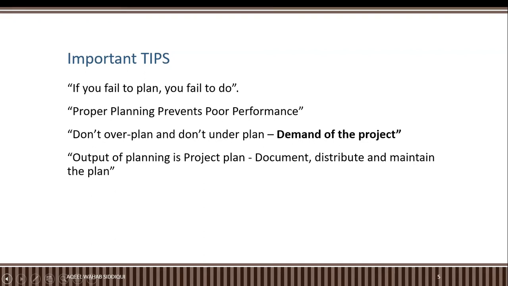We develop the project management plan first, and all subsidiary documents are included. The project management plan contains the scope management plan, schedule management plan, cost management plan, quality management plan, resource management plan, communication management plan, risk management plan, procurement, and obviously stakeholders. So we develop management plans in advance in project planning.